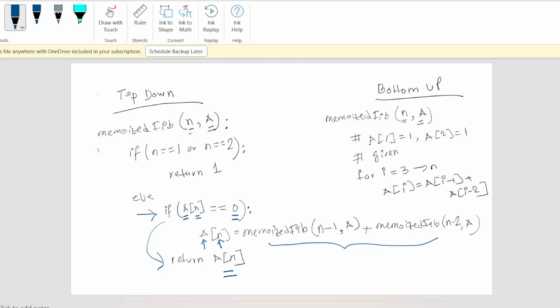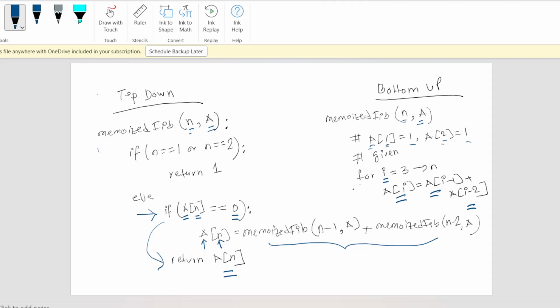তো এই অ্যারেতে প্রথমে কিছু ইনফরমেশন দেওয়া থাকবে, সেটা হচ্ছে আমার অলরেডি অ্যারের 1 নাম্বার ইন্ডেক্সে 1 দেওয়া থাকে, which means the Fibonacci of 1 is 1, এবং অ্যারের 2 নাম্বার ইন্ডেক্সে 1 দেওয়া আছে, which means Fibonacci of the second term is also 1. So this is given. So we start from I equals 3 because the first two terms are given. For I is 3 up to n, what we do is we do a summation of the I minus 1th term and I minus 2 term and save it in AI,